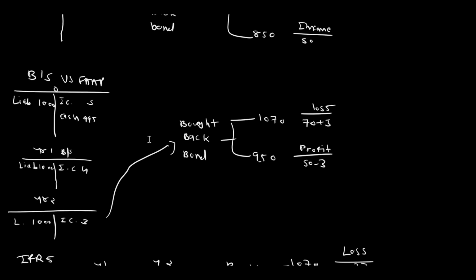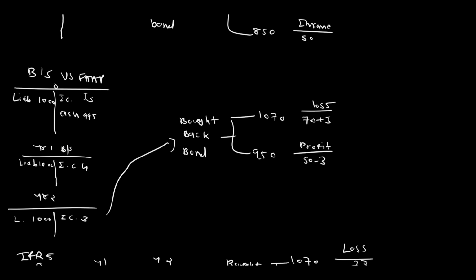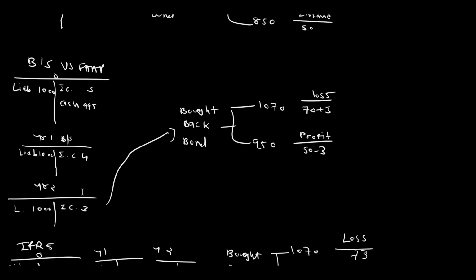Under US GAAP, there is a slight difference with the issuance cost. For example, I have liabilities of 1,000 and 5 rupees of issuance cost. Over the years, I will reduce that issuance cost. At year 2, I have an issuance cost of 3, and the bond liability is 1,000. At year 2, if I buy back the bond at 1,070, it means I have paid 70 rupees extra on my liabilities, and I also have the